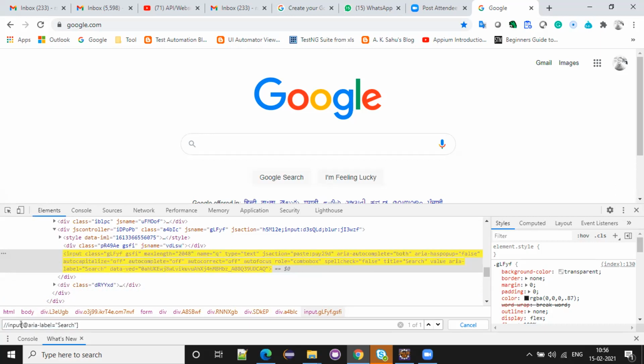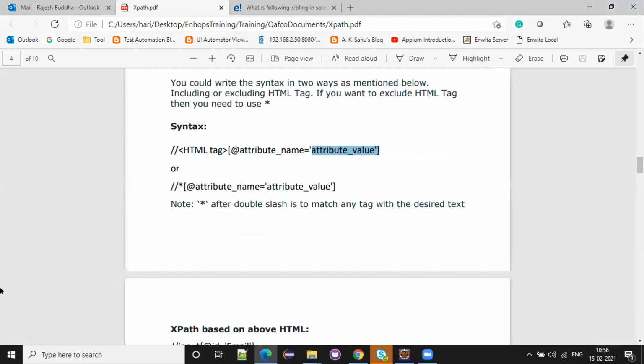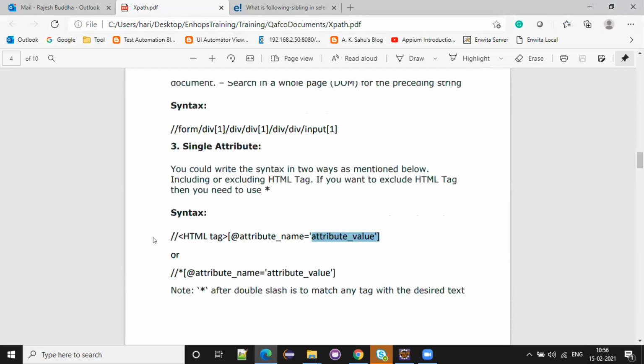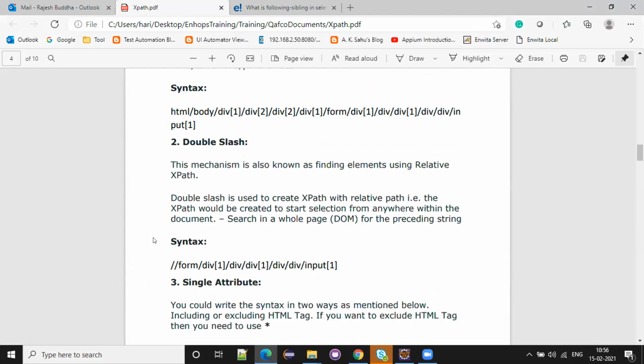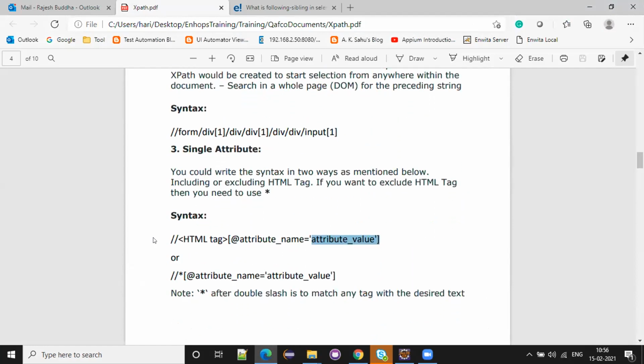If you keep a star, it will search all the tags. Any doubts up to here? Great.